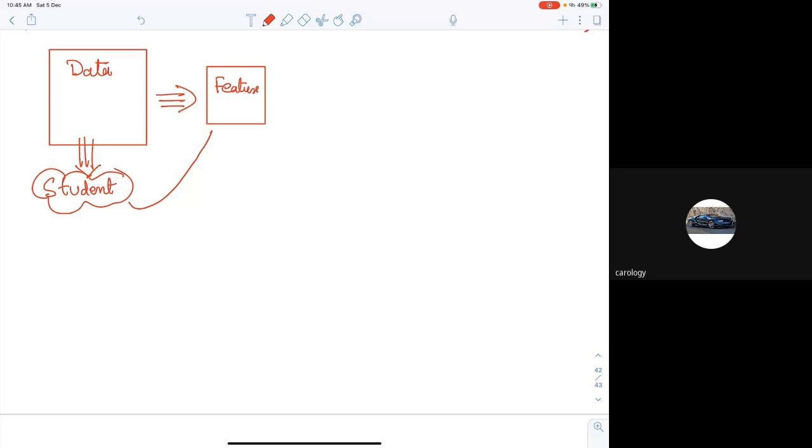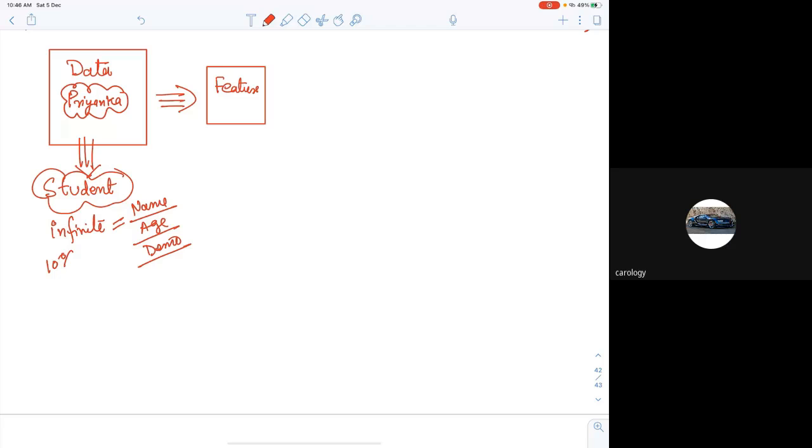Now Priyanka as a student has an infinite amount of information. What are they? Her name, maybe age, demography. She must have got some percentage in 10th, 12th, and so many other things. She must have her father's name, mother's name, height, gender, female, and so many more. In fact, there is an infinite amount of things that I can ask. So how can I convert my data into a feature? I can convert it by asking multiple